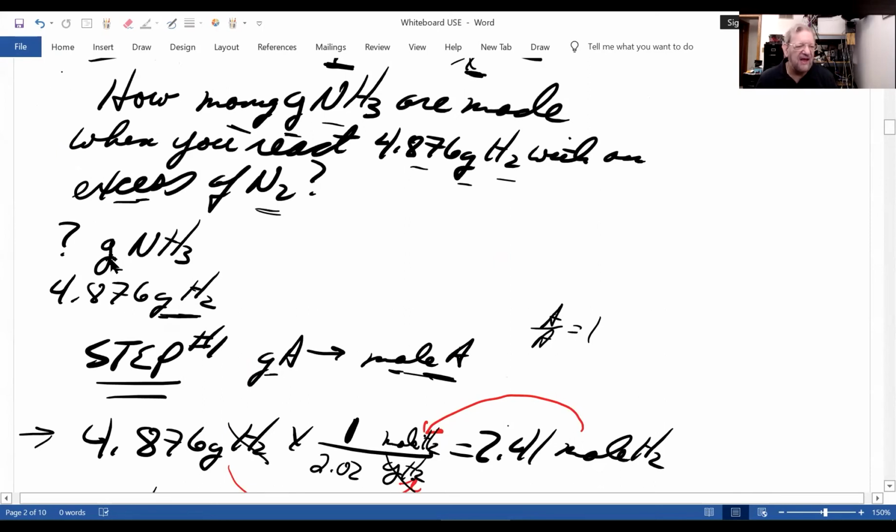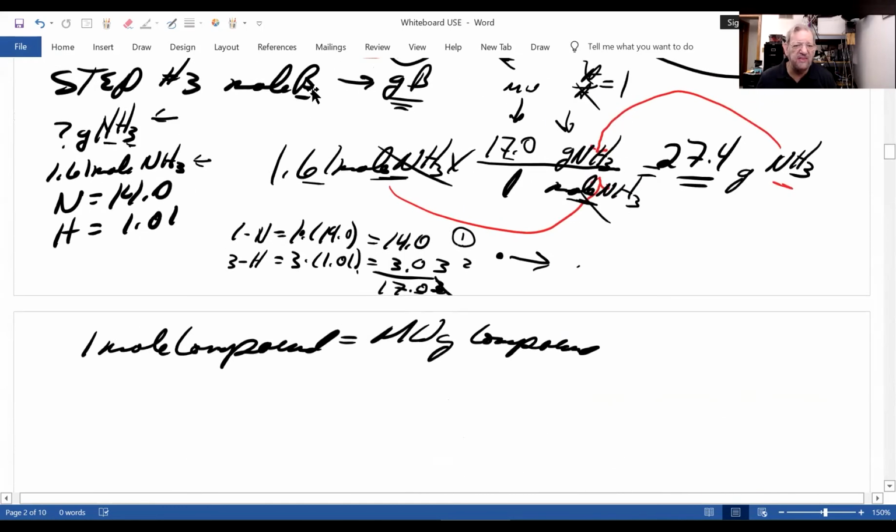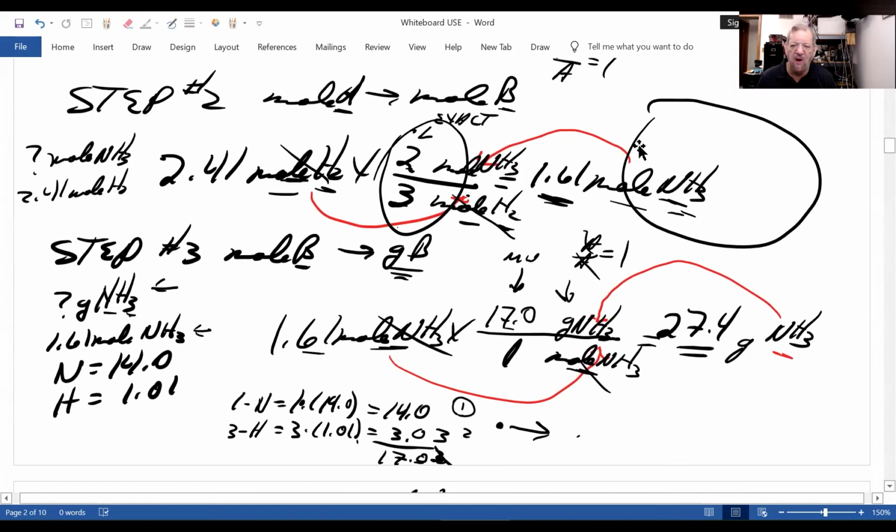What do you expect? And here you're trying to get the grams of ammonia. So now we have to do step 3. Whatever you just figured in moles, you convert to grams. How do you do that? Here's the moles. We'll go to grams, use unit analysis again. Grams go on top, moles go underneath. And now, where do you get those numbers? 1 mole equals the molecular weight of ammonia. You add the sum of atomic weights, do the math, and that's how you do it.